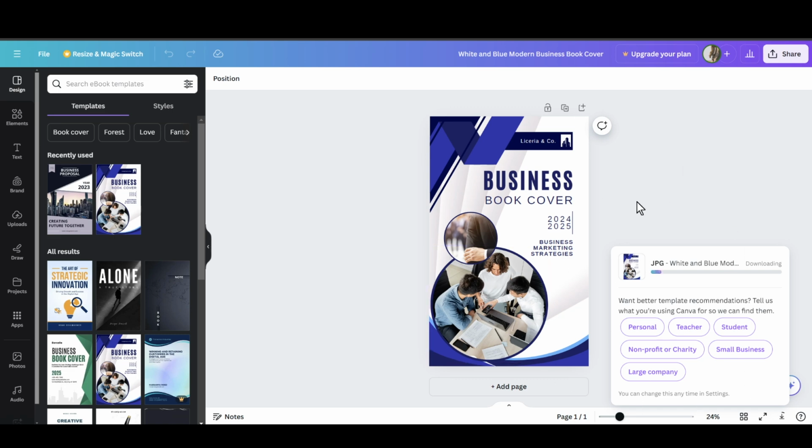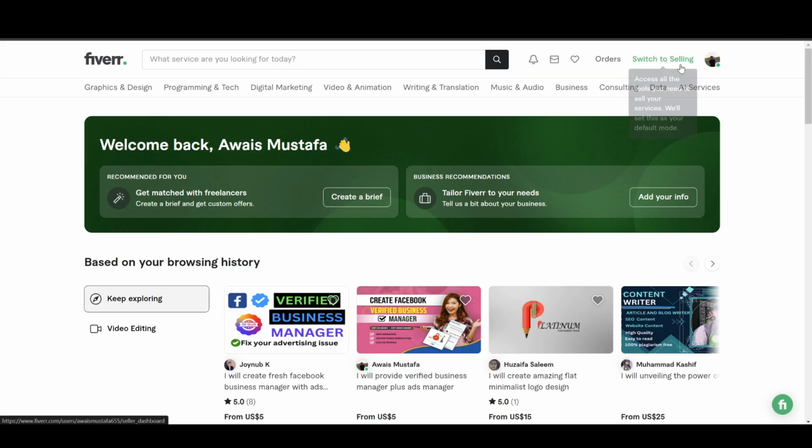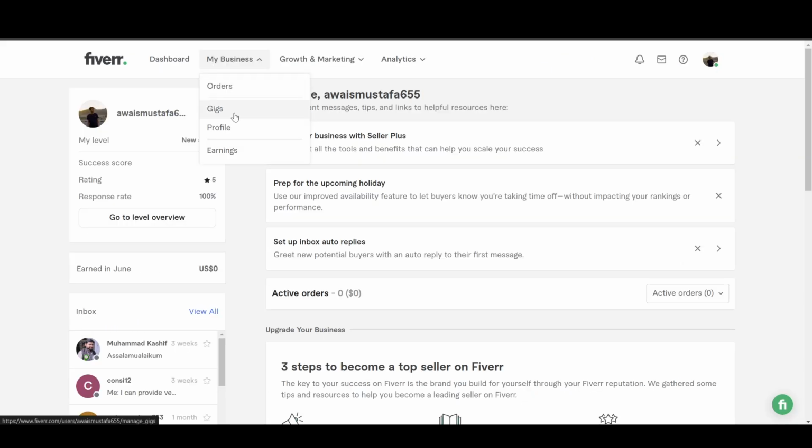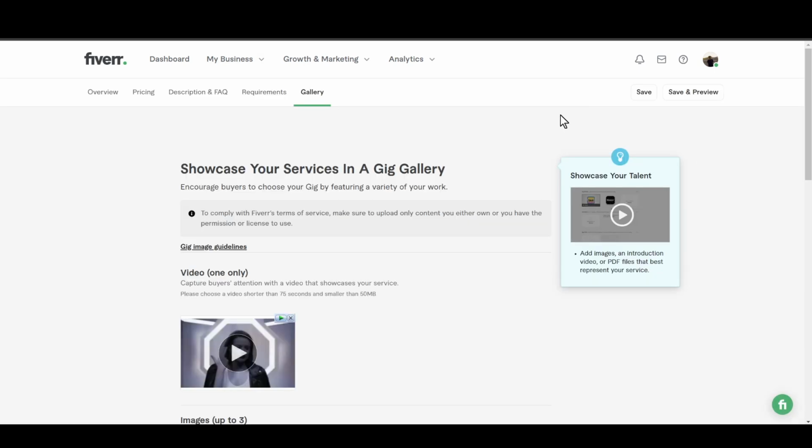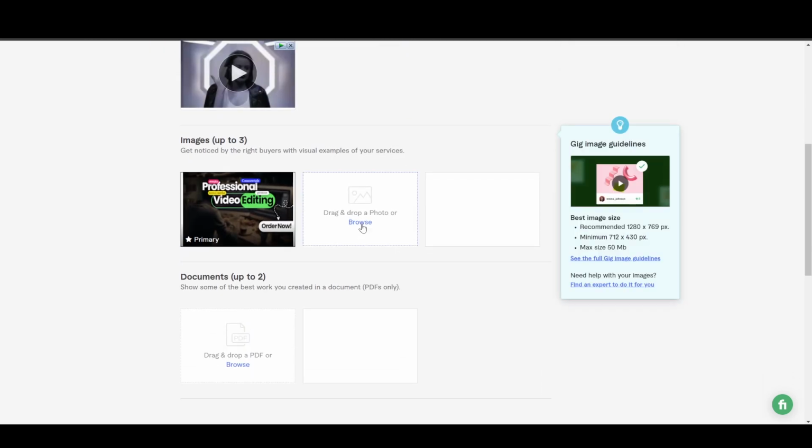And once you have downloaded your file onto your computer, the next thing is you're just going to need to open up Fiverr and then simply click on switch to selling. Then you're going to need to click on the gigs from the my business and then click on the create a new gig. You just need to go into the gallery section and then click on the browse,